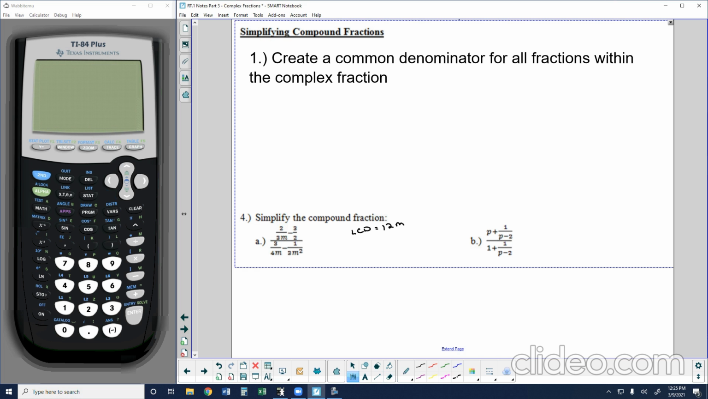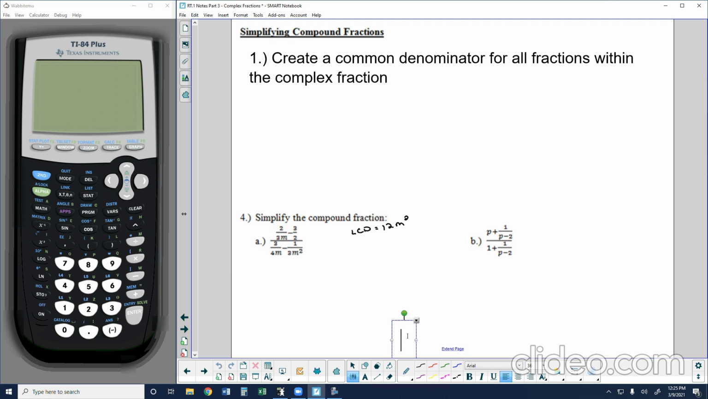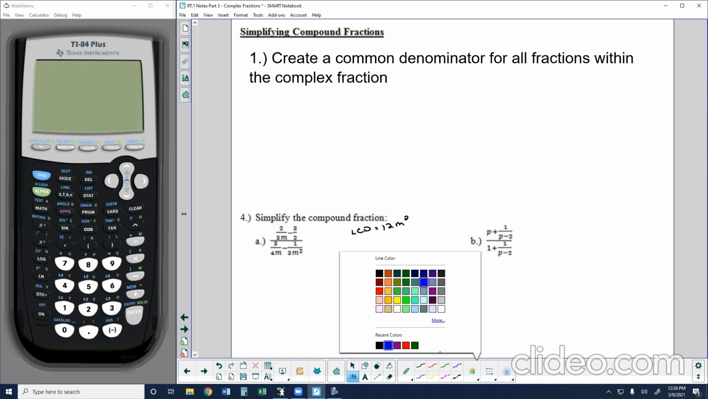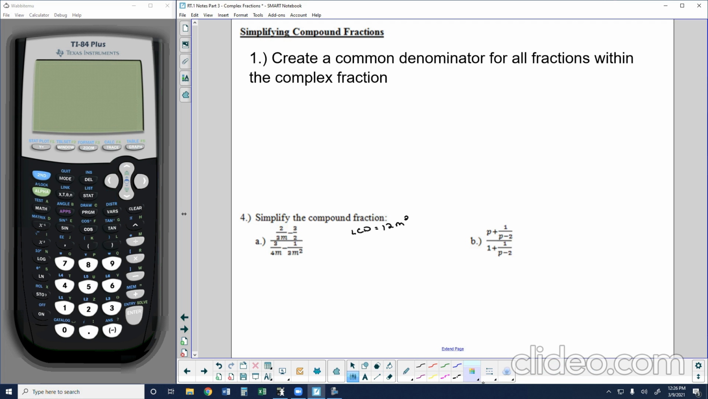So similar to when we've done addition and subtraction, I'm going to multiply into each of the fractions in order to create that common denominator. So let's start with the top fraction on the left. To get the integer 3 to be the integer 12, I have to multiply by 4. To get m to be m squared, I have to multiply by m. And if I multiply the denominator by 4m, I need to multiply the numerator by 4m as well. So that fraction is going to become, as an equivalent expression, 8m over 12m